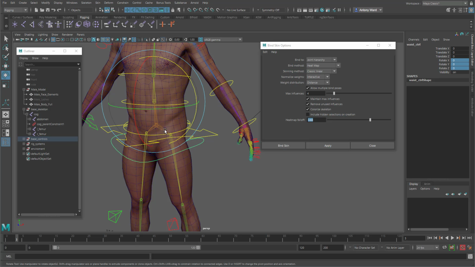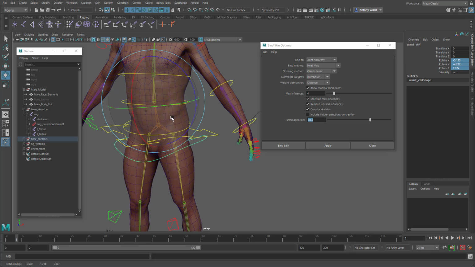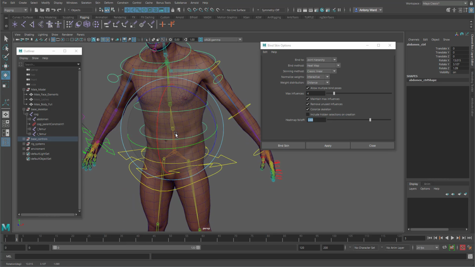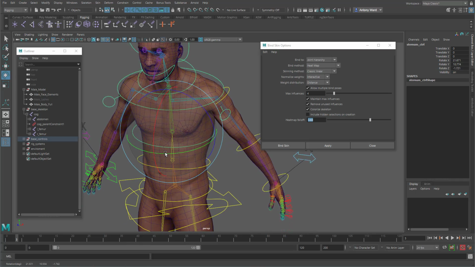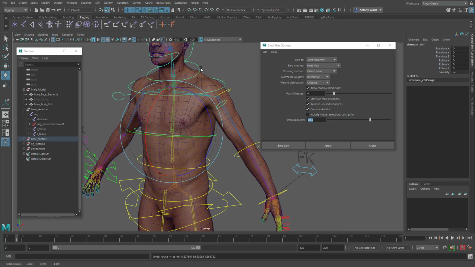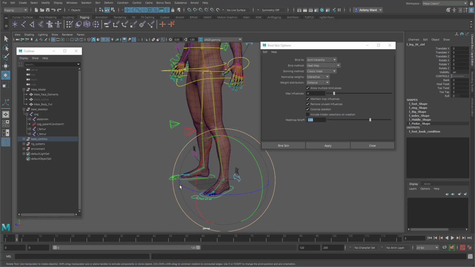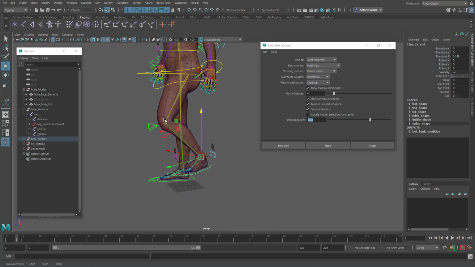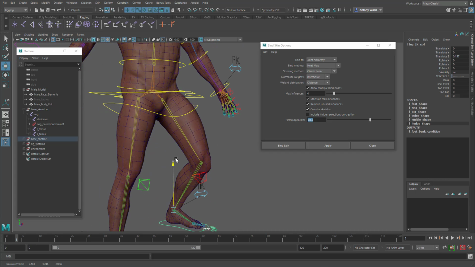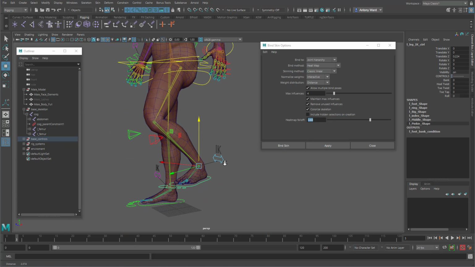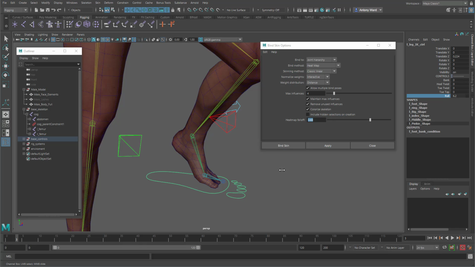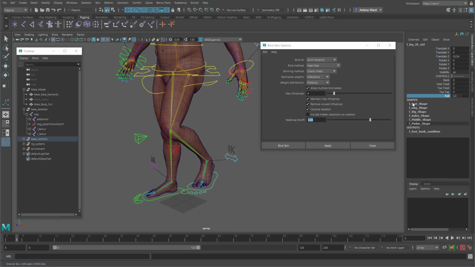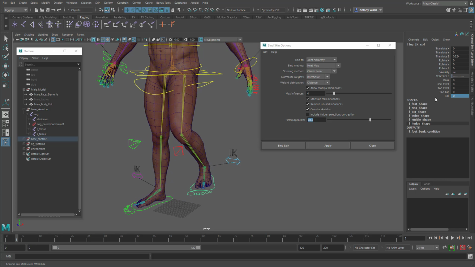Let's look at the torso now. The hips look good, maybe a little too soft, but again a good starting point. Those spine joints look good too. The leg looks good, although it's affecting the hip. You can see how it creates this cavity, so we'll need to fix that. The foot roll looks good too, although the toes are possibly being influenced by the ankle joint too, but again that's easily fixed. So we have a really good starting point here, so let's dive in and start to edit